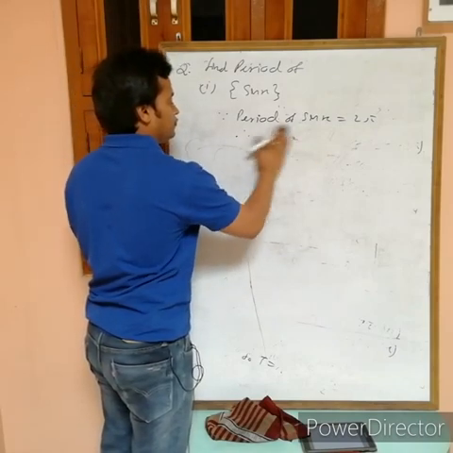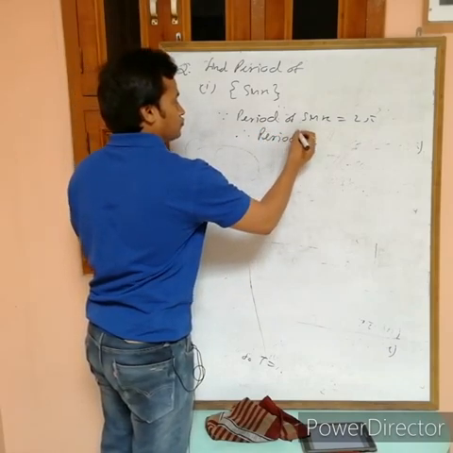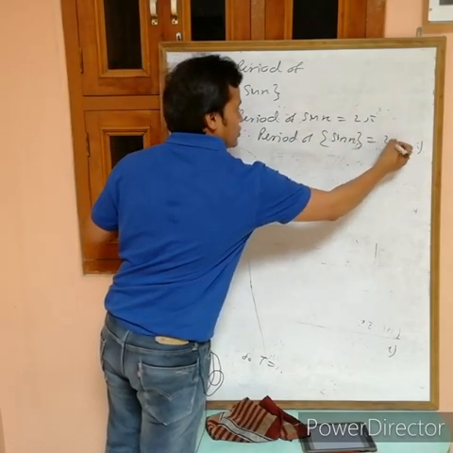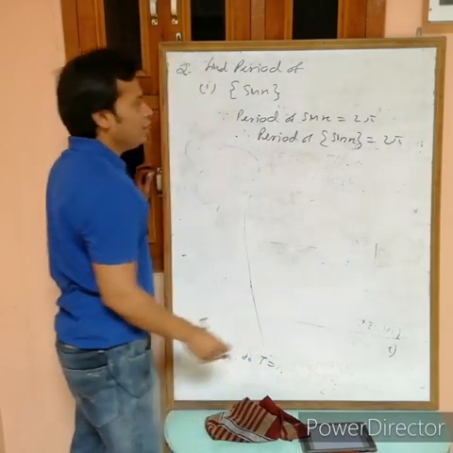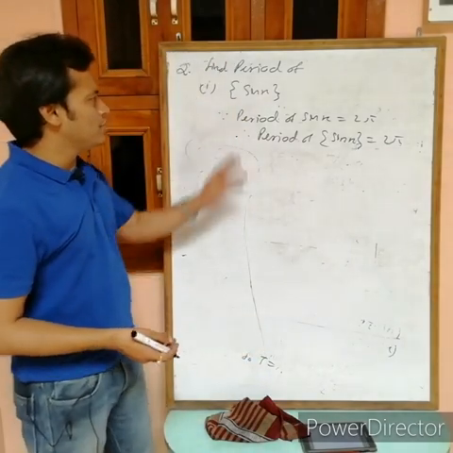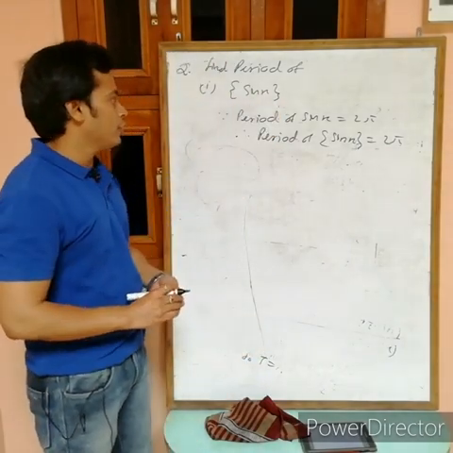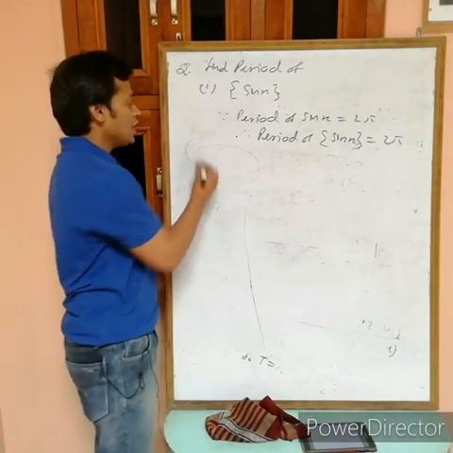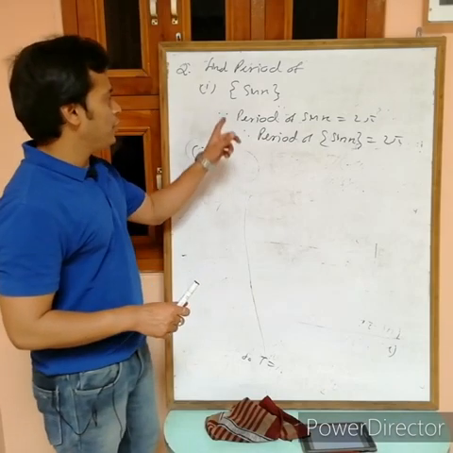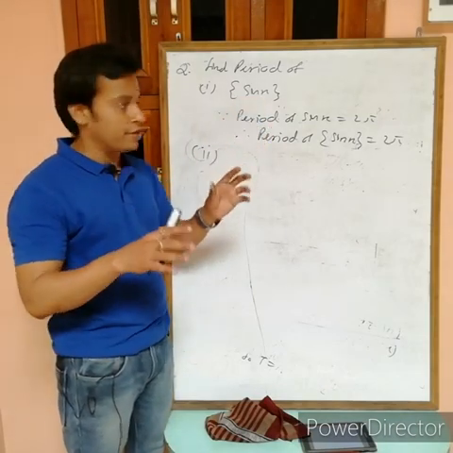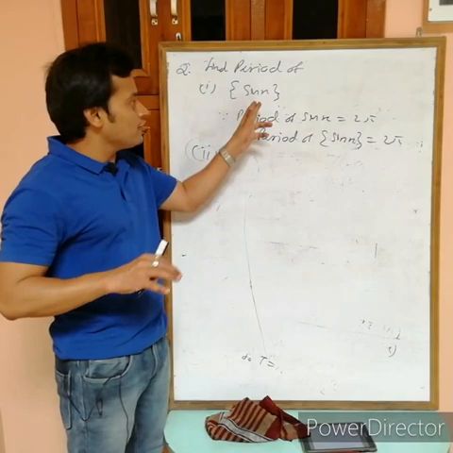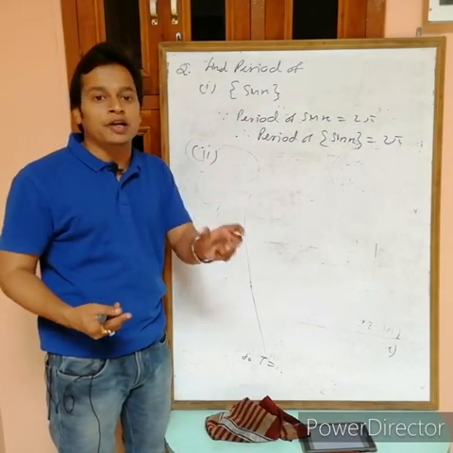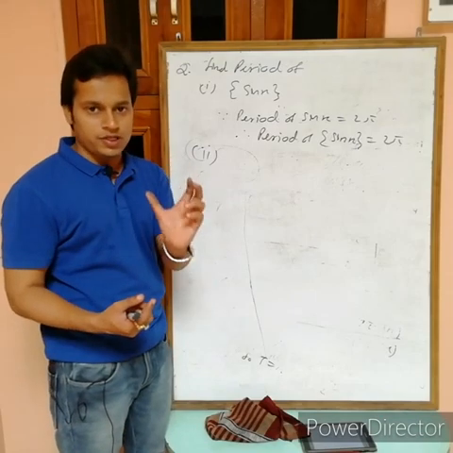So the period of the fractional part of sin x is equal to 2 pi. Now you can't check for pi, because sin of pi plus x is not equal to sin x. Here remember, the period depends on the inside function, not the outside. In place of the fractional part of sin x, if you have sine of the fractional part of x, then take the period of the fractional part of x, always the inside function.